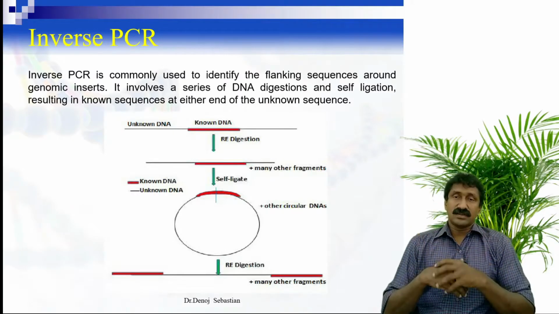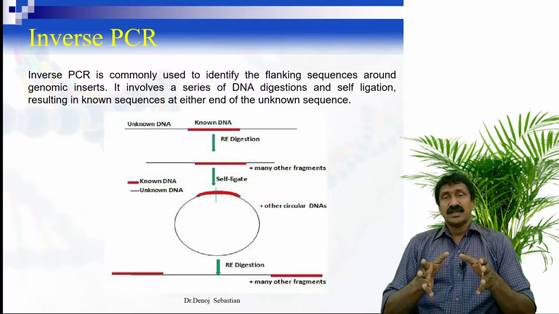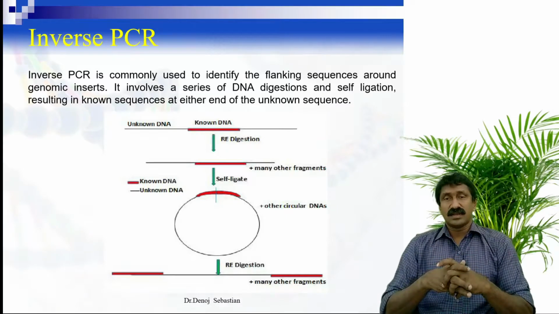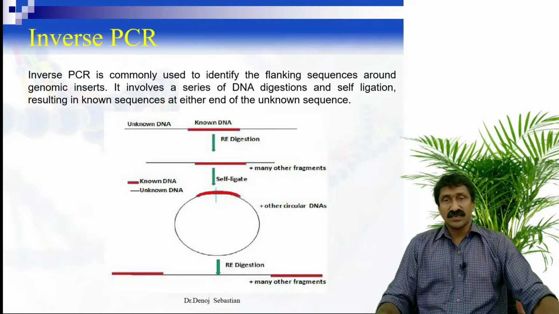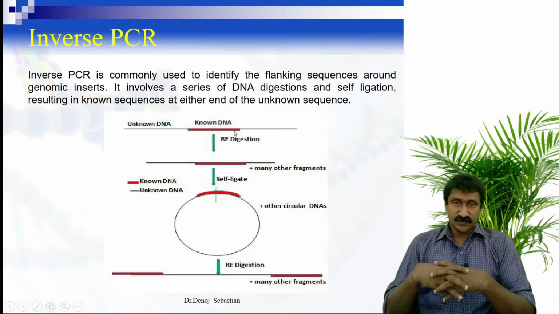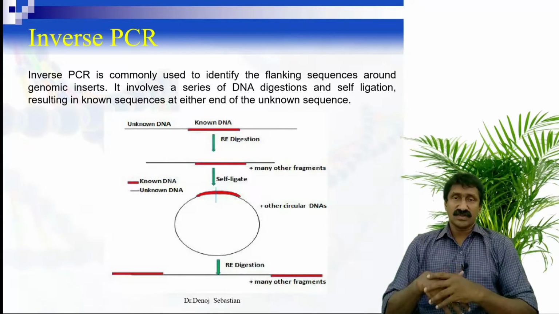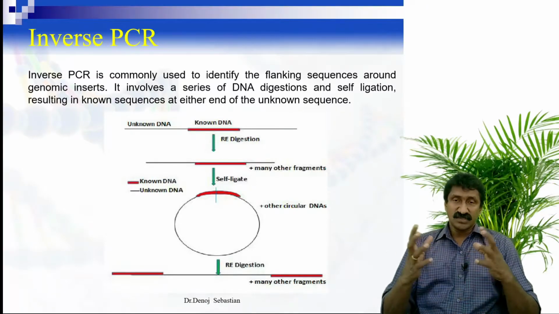using rDNA technology. We will insert this known DNA sequence construct into the unknown sequence, in between the unknown sequence, which is usually the flanking sequence on both sides. So this unknown flanking sequence on both sides is now present after the incorporation of this known sequence in between. And a restriction digestion can be done. Then fragments can be separated, and the fragment with the known sequence can be purified, which can be self-ligated to form